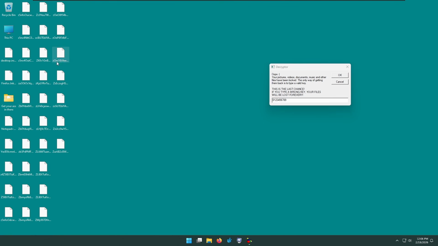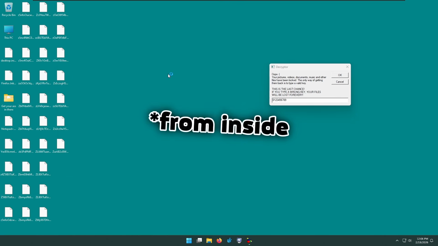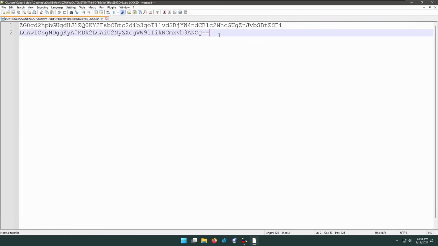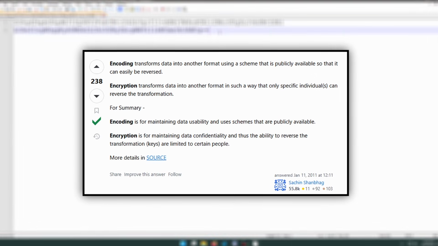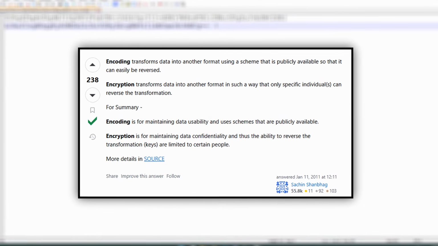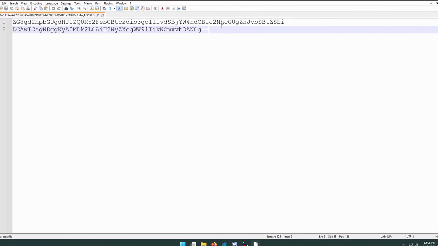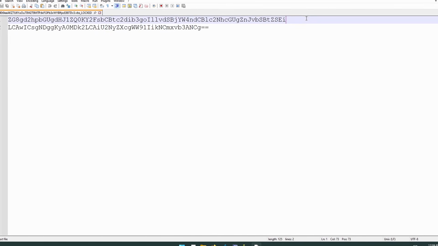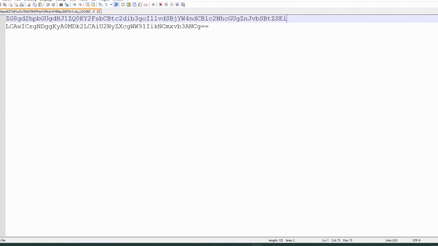Let's actually take a look at those files and see how they look inside. There are a bunch of letters, a bunch of strings. Those files are actually encoded. They are not encrypted, as most of you would think. They are actually encoded, which means that they are translated to a different file format, which Windows cannot